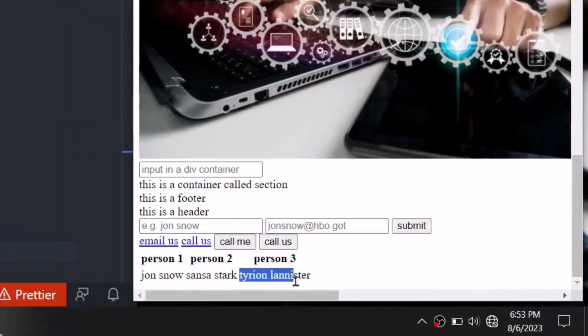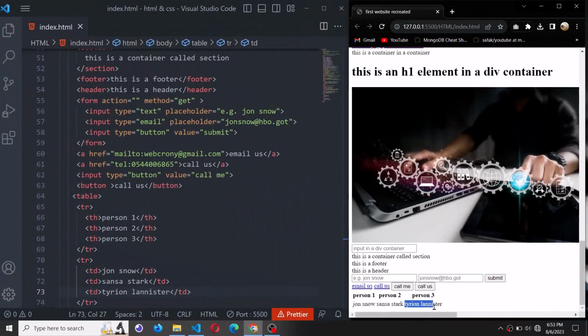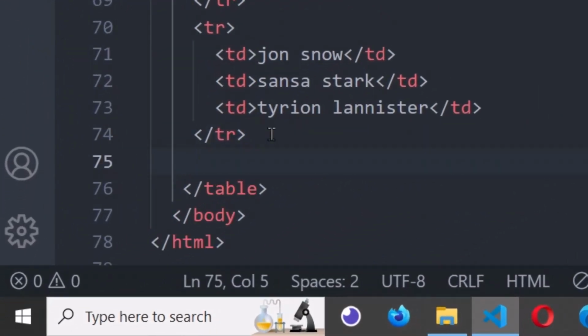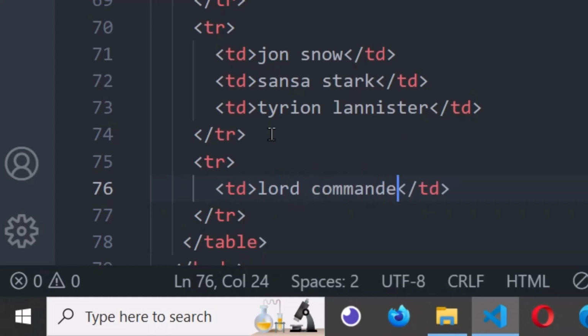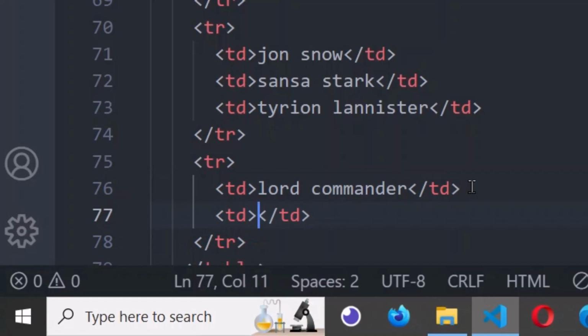If you want to create some more table rows, you have to walk out of the current table row and then create another table row like this. You hit enter, then go ahead and create table data. I will say Lord Commander. Then I'll create another table data and say Queen in the North,